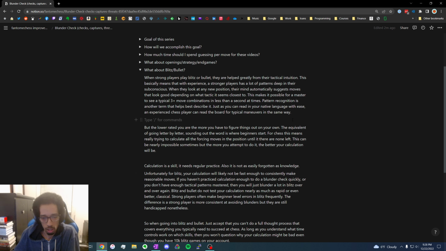Now, if you're doing Chess Tempo practice on the side, where you're spending 3 to 5 minutes or maybe 10 minutes on a puzzle, then you're definitely getting more practice in calculation, and you can apply that in blitz and bullet as well. You just have to speed things up a lot. But usually, if you're only playing fast chess, it's going to be hard to build those habits